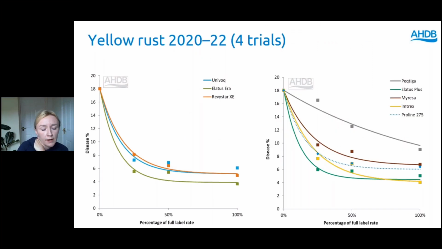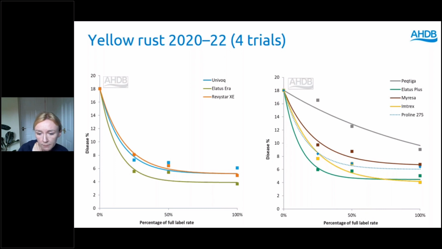This is also some AHDB data which backs up what we've shown in the previous slide. So from the fungicide performance over the last couple of years, it's pretty clear there that, as we mentioned in the previous slide, Latticera really is the best product there for rust control, sorry, not septoria control. Whereas other products like Pathogen and Univoc, etc., do give really good activity, but Latticera and Lattice Plus are definitely the best in terms of yellow rust management.